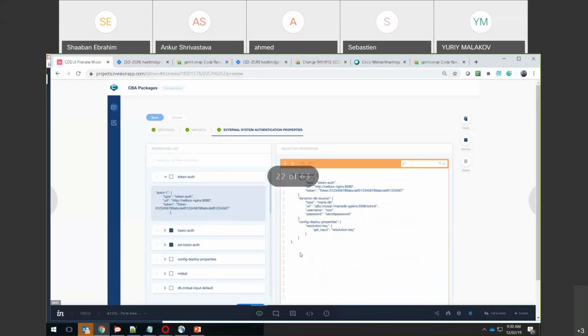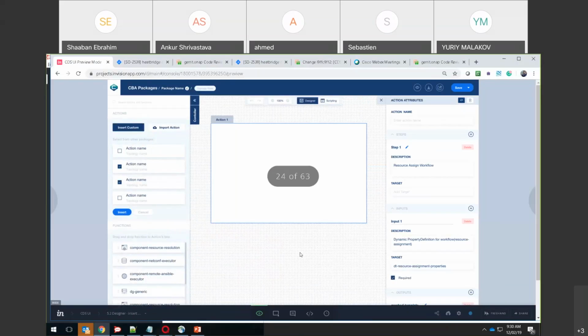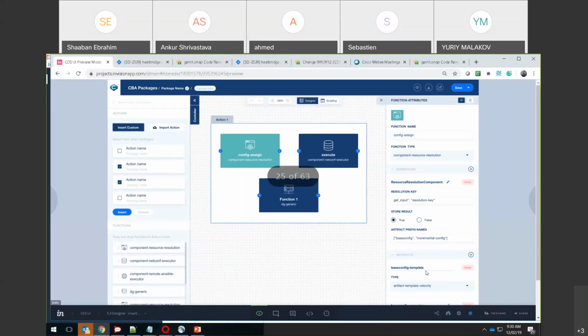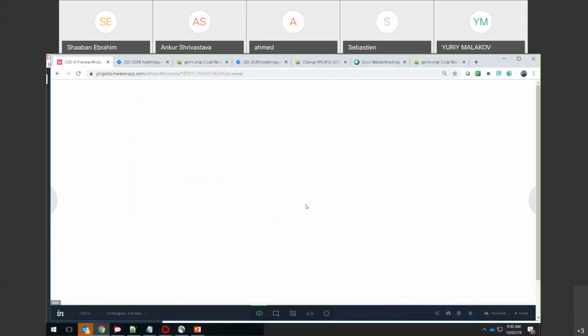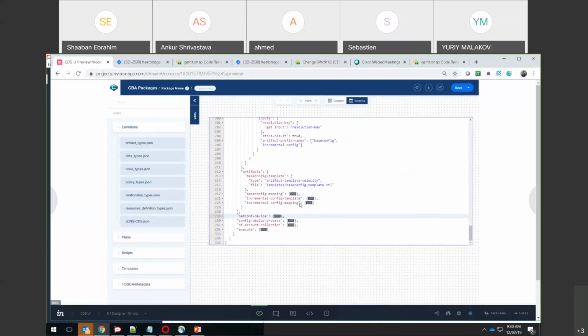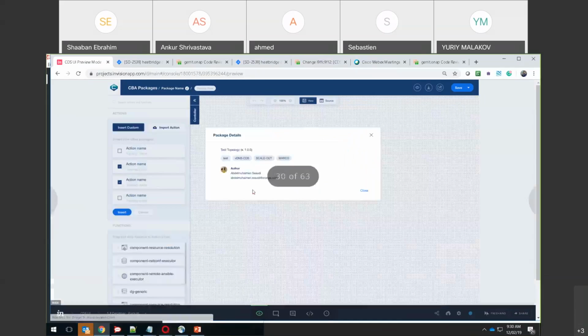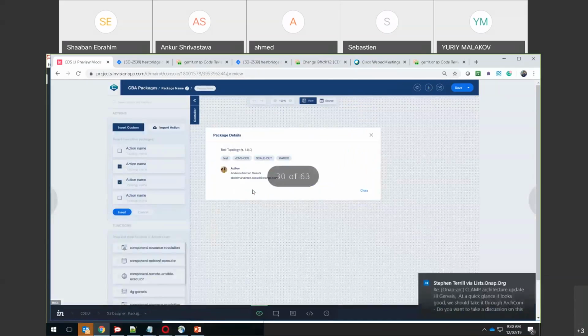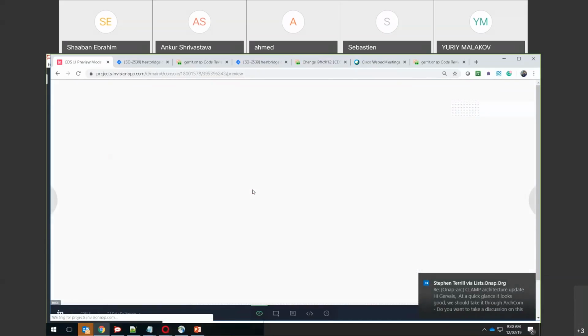So let me move on to the next thing. This is the designer: adding of actions, editing of action attributes. This component, and Ahmed, here you see we have expressions here as well. All of that component management, component linking is here. This is the scripting view, which we have also seen before. The one thing I want to review is the new